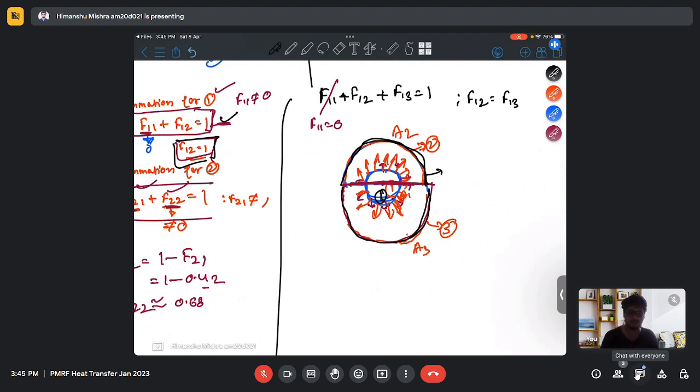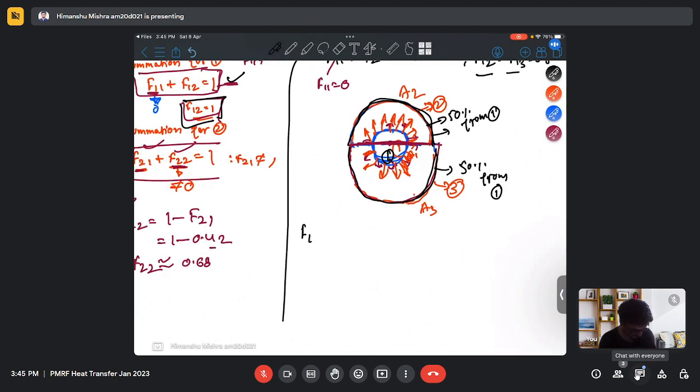So only for this arrangement, my F12 equals F13, and this is equal to 0.5, because surface 2 will receive 50% from surface 1, and surface 3 will receive another 50% from surface 1. So my F12 equals F13 equals